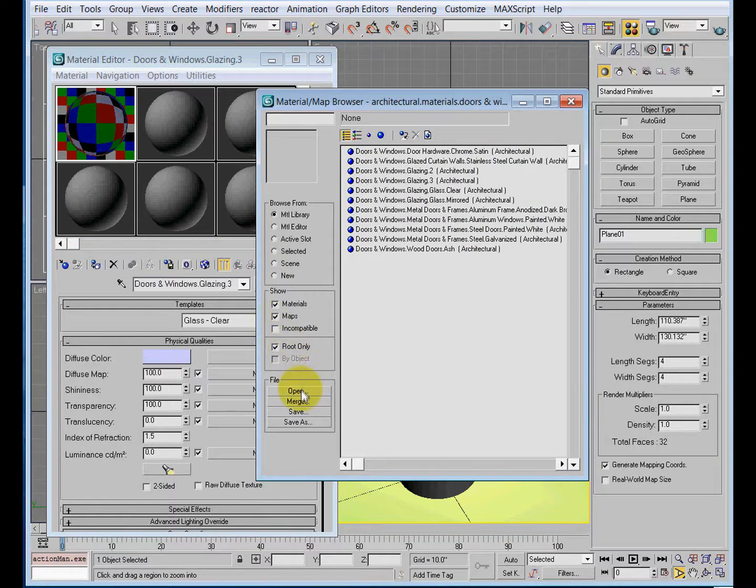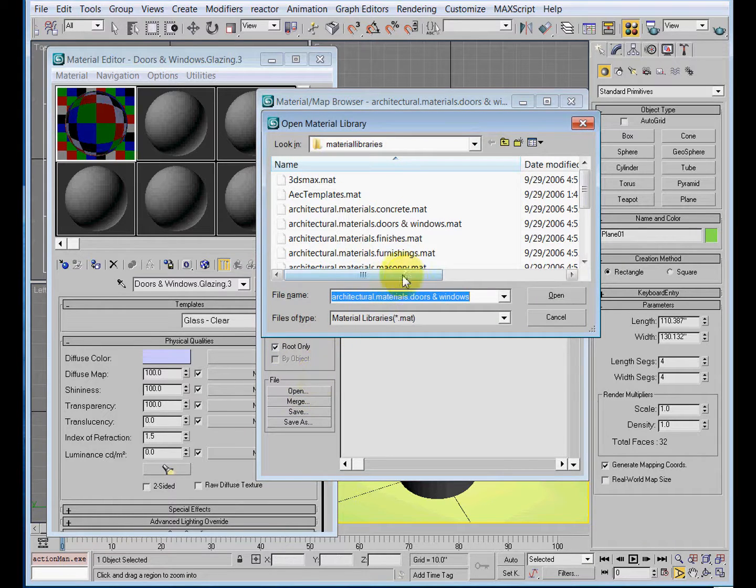Now look for the link, which should be in the folder with the lesson, and you can cut and paste the link, and then import in the doors and windows material. And once you have that open,